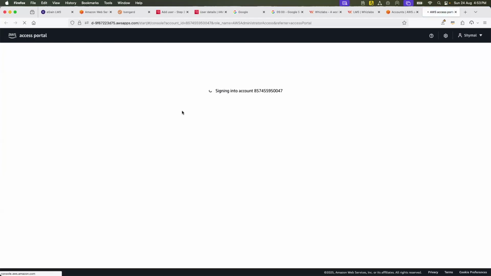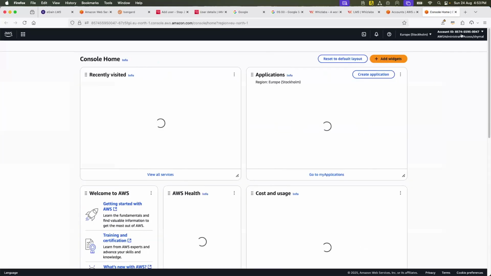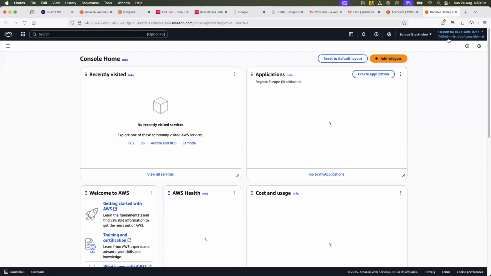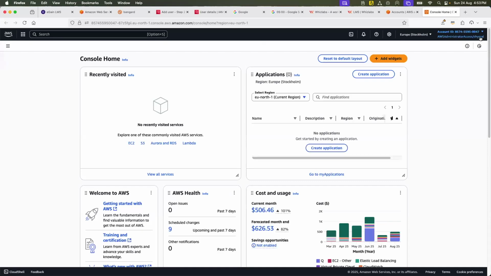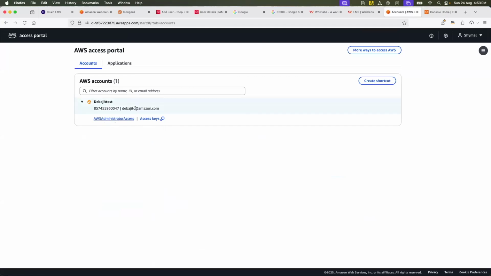And now you see, he has been transferred to the AWS Management Console automatically. It says this is SAML, with AWS administrator access, and he can access multiple AWS accounts using the same credentials from this access portal.